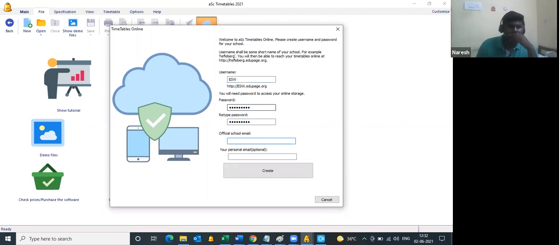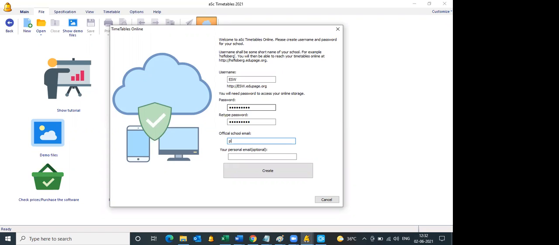So the email on which we can retrieve the password, madam. it.support at es11.euroschoolindia.com. So can you just check it?